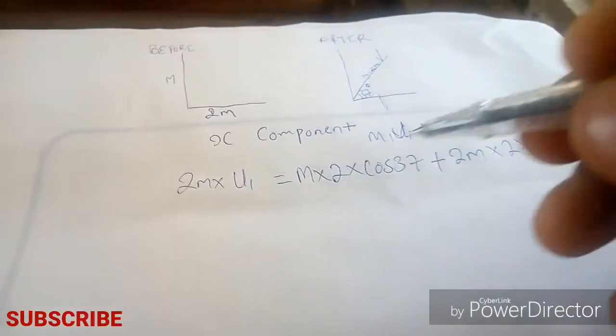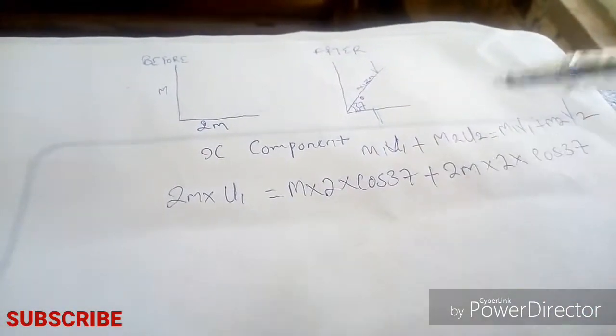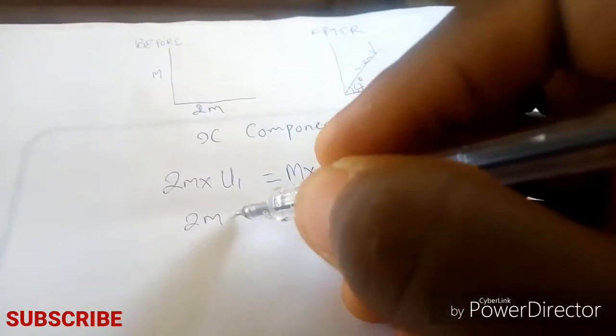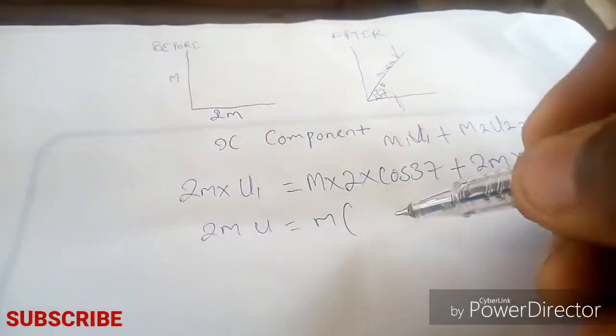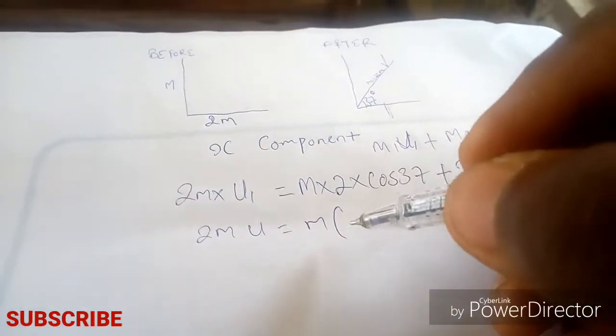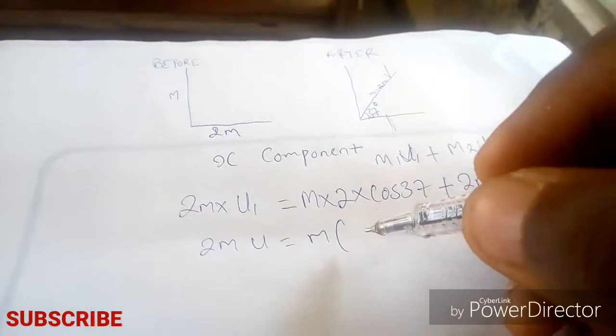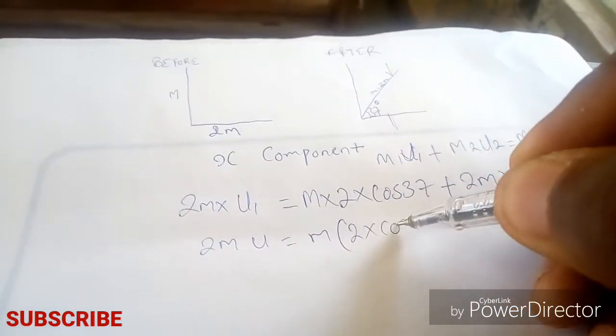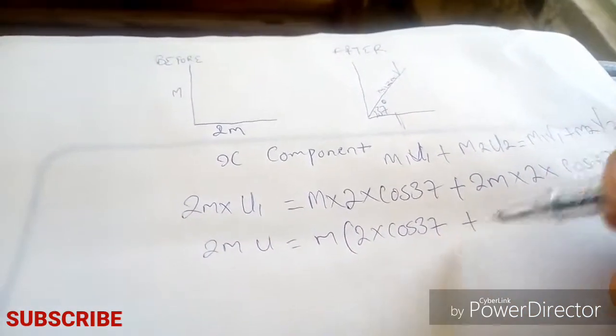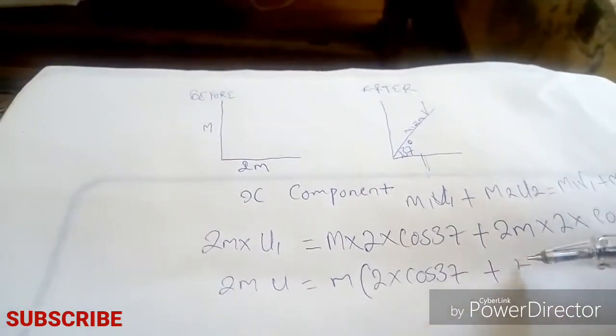If you notice, m is common, so we'll bring that out. We say 2 times cos 37 plus 4